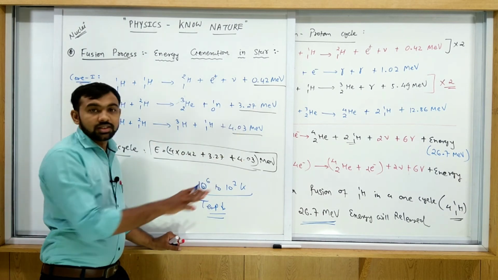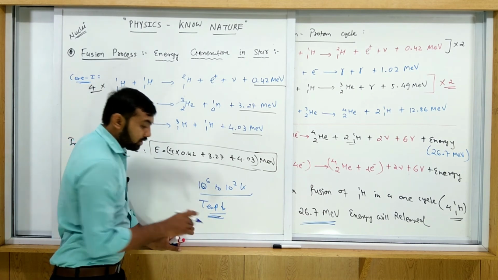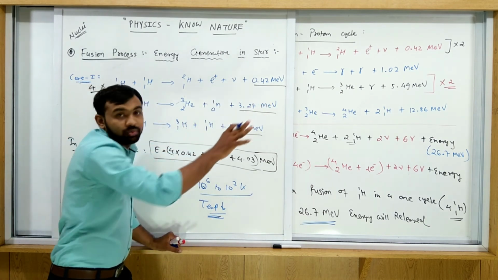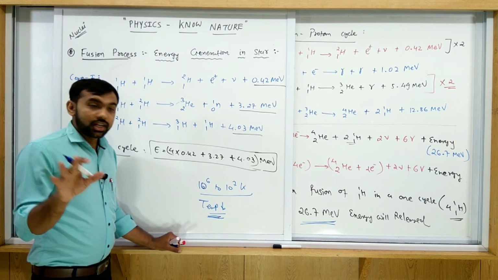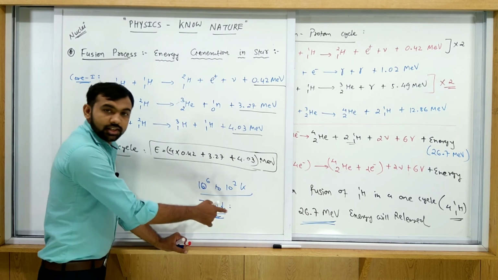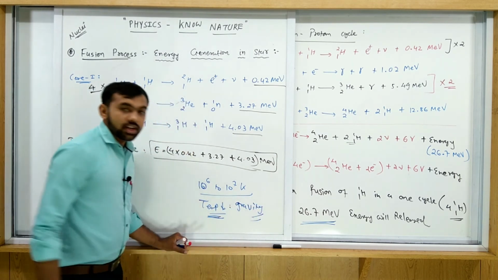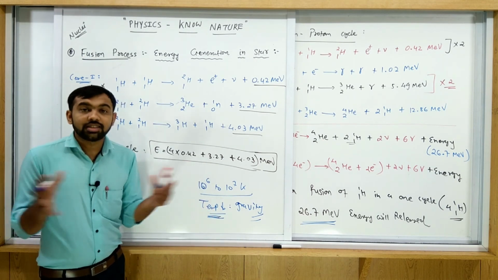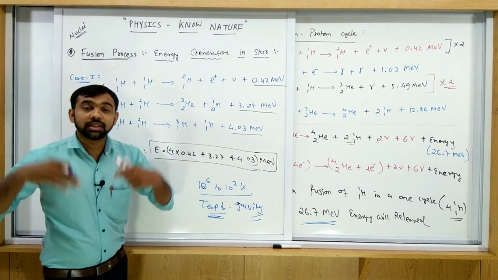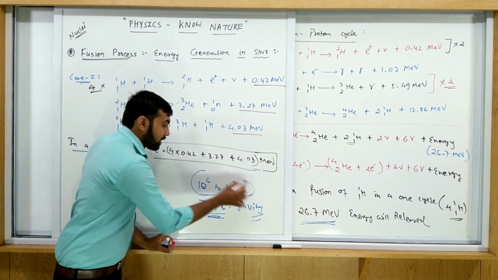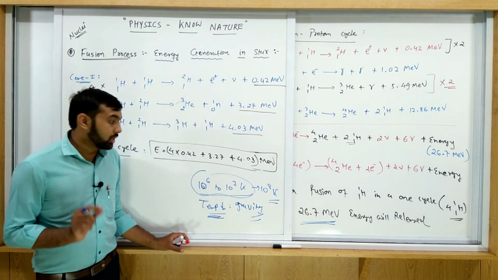This fusion process inside the core of the star will be stopped at that time, and then the temperature decreases. If it is stopped, then energy production is stopped, and finally, due to the star's own gravity, the star collapses. When the star collapses, the temperature rises again, up to 10^8 Kelvin. Again, I am just repeating this concept.